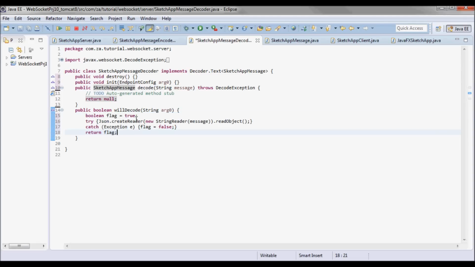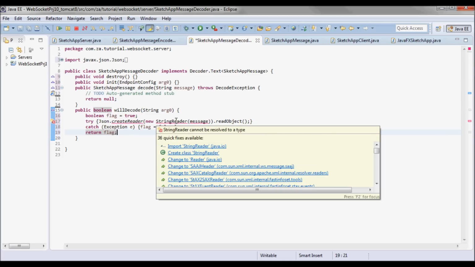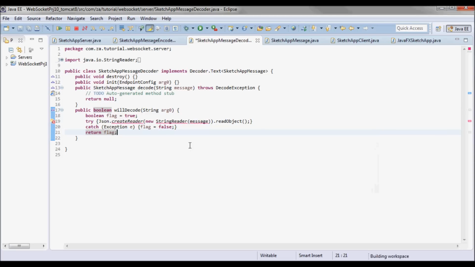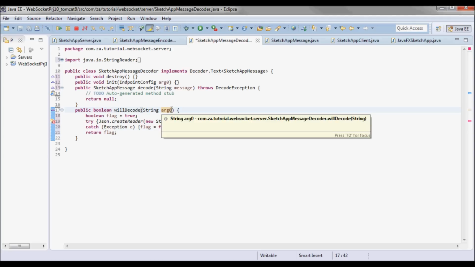So I'll have this flag and initially set it to true, and then use JSON.createReader, and let's change this to message.